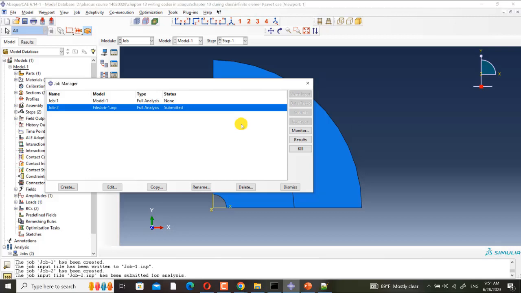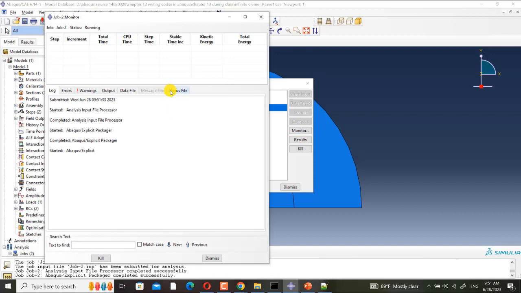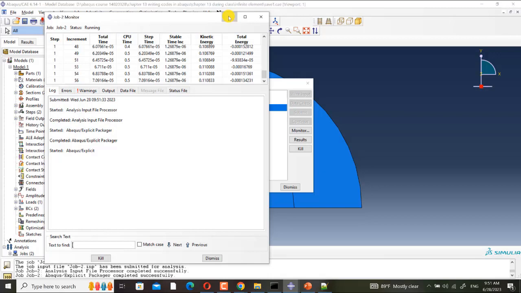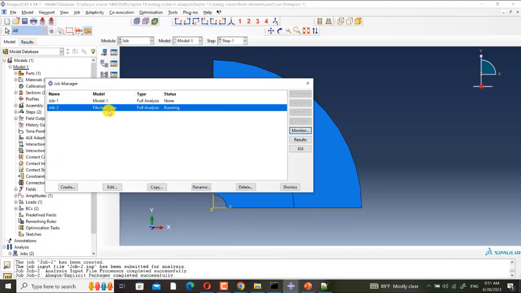As this command was not in the CAE environment, I should add it from the IMP file, and I did it. Now I define a job from the previous job and I run it. It's very simple. Also, please notice that you must not import job 1 to the CAE environment again.